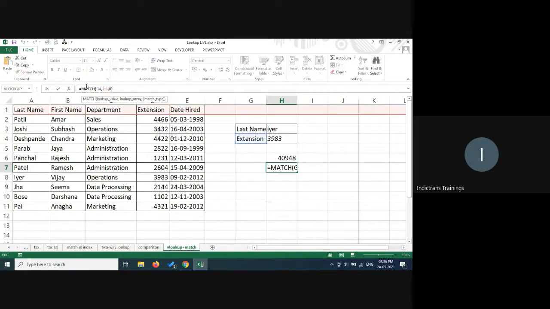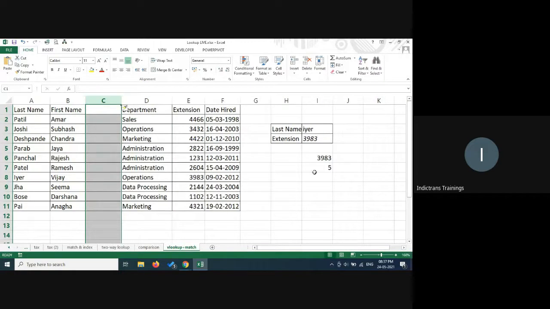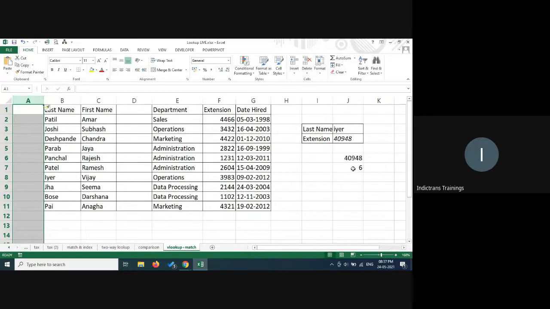So I could take the same formula and replace that 5 with that match formula, and now it gives the right thing. Even if I insert a column, it changes accordingly and gives me the right results. So even if I add as many columns as I want, anywhere I put them, it still ensures that